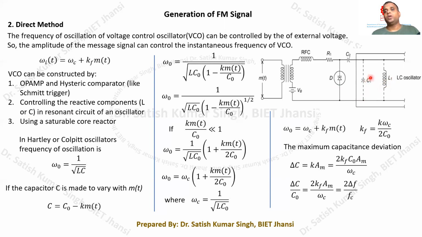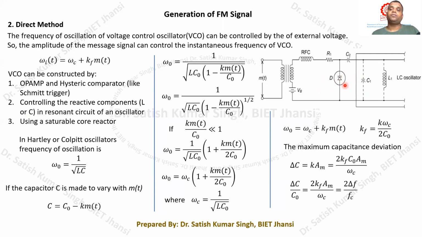we have to make the voltage dependent capacitance value. So here we can see that it is having a capacitor, because the total capacitance offered will be the combination of the capacitance offered by C1 and the capacitance offered by this varactor diode. So basically what we need to do is vary this total combination. If we change the capacitance offered by the varactor diode, obviously the parallel combination of these two is going to be changed, and therefore the equivalent capacitance is also going to be changed.